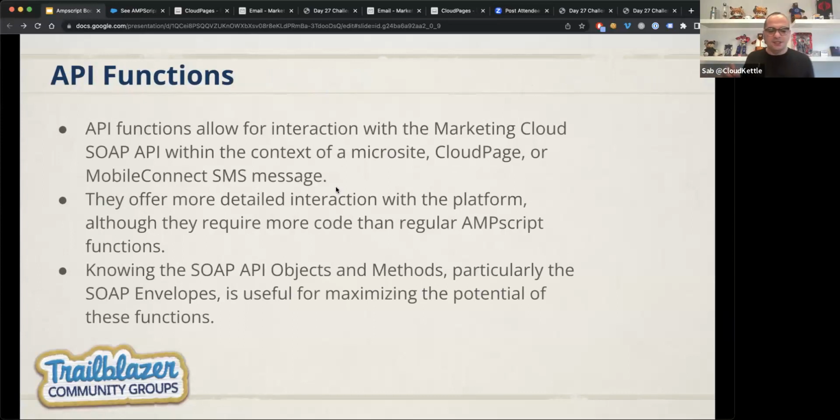API functions. As I mentioned at the beginning, yes, they exist. In some cases, you will use the Ampscript API functions, but in most cases, you will deal with SSJS instead of the Ampscript API functions because it offers more flexibility. API functions allow for interaction with the Marketing Cloud SOAP API within the context of a microsite, cloud page, or